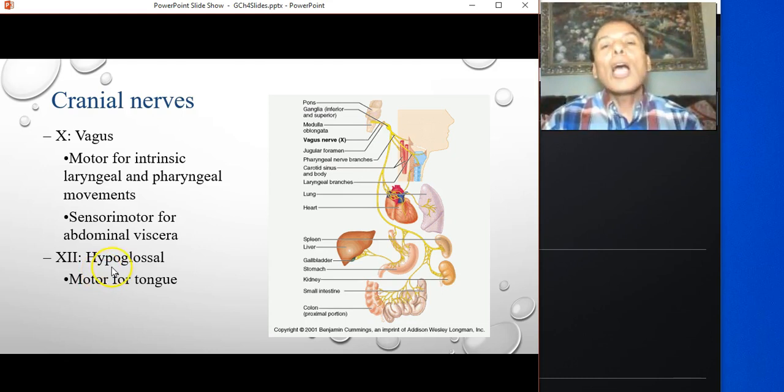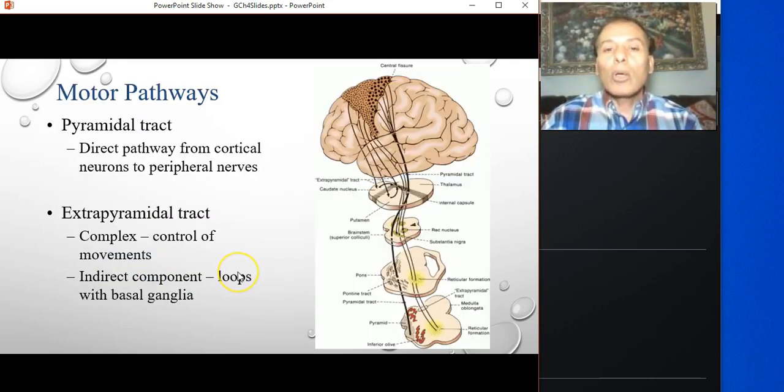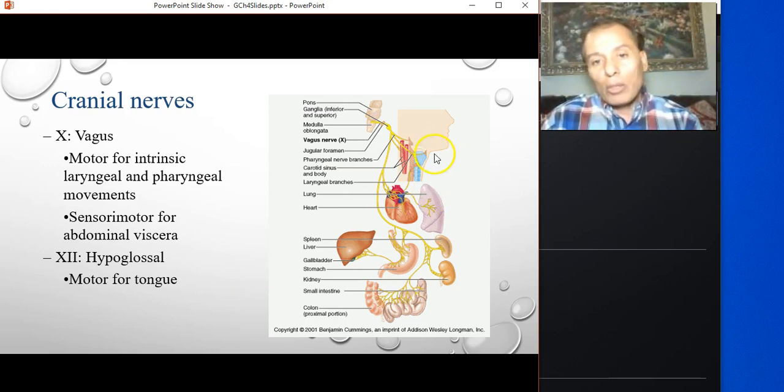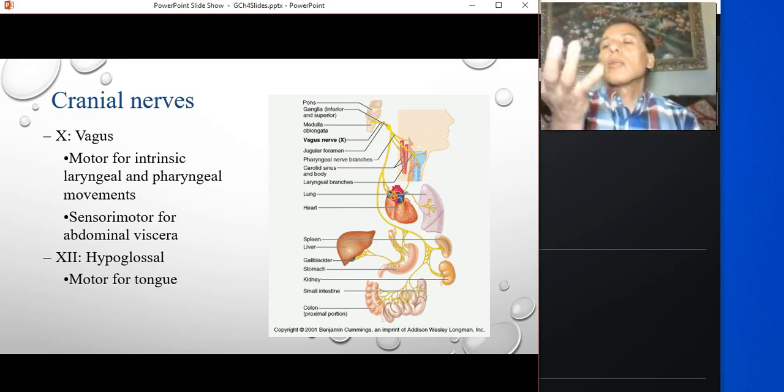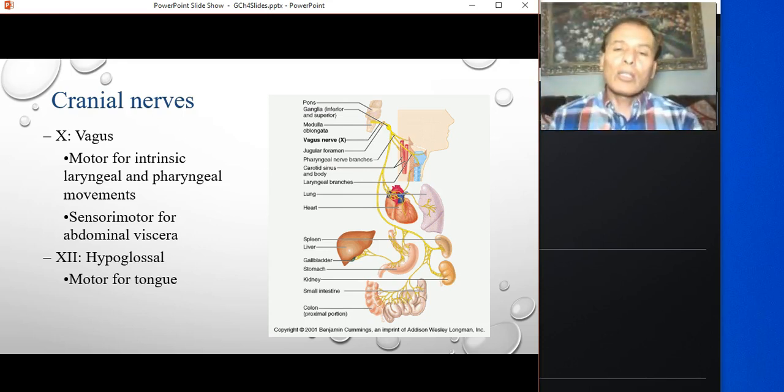And then the hypoglossal nerve. Glossus means tongue. Hypo means beneath or below. Hypoglossal means the nerve that moves the back of the tongue. So, the base of the tongue, basically. It comes and inserts into the foundation, the lower structures of the tongue. So the hypoglossal nerve enables us to get different motor movements from the tongue.